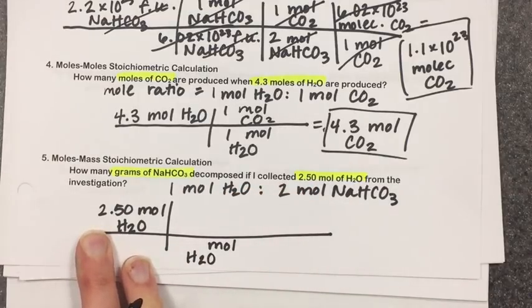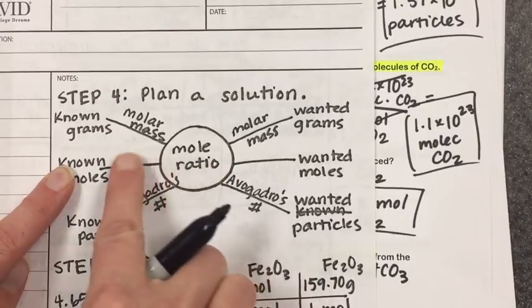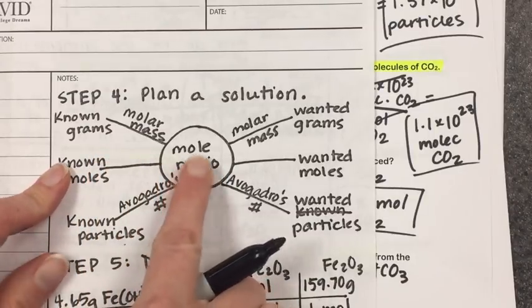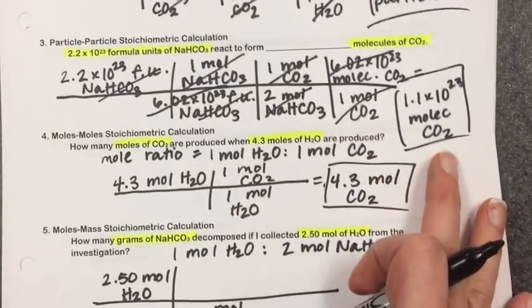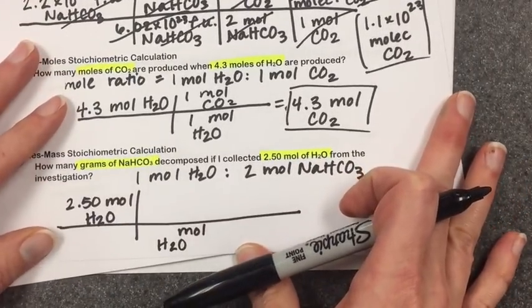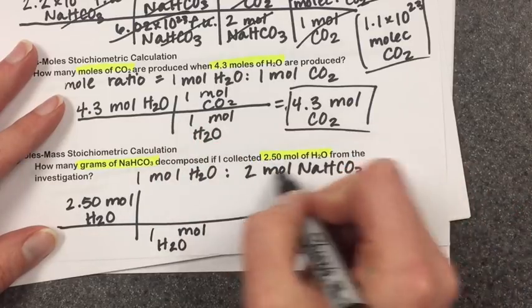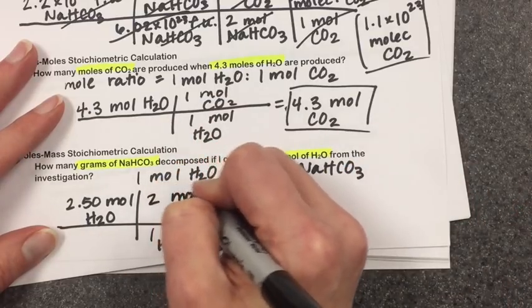If I look at the mole map, since I'm starting with moles, I'm going to go straight to the mole ratio. Okay, so if I start here, there's no conversion factors, just go to the mole ratio. And since I have moles of H2O on the bottom, I'm going to put 1 mole H2O on the bottom and then 2 moles of